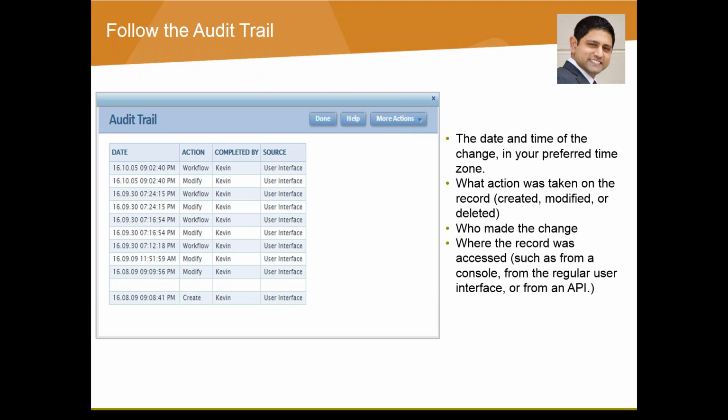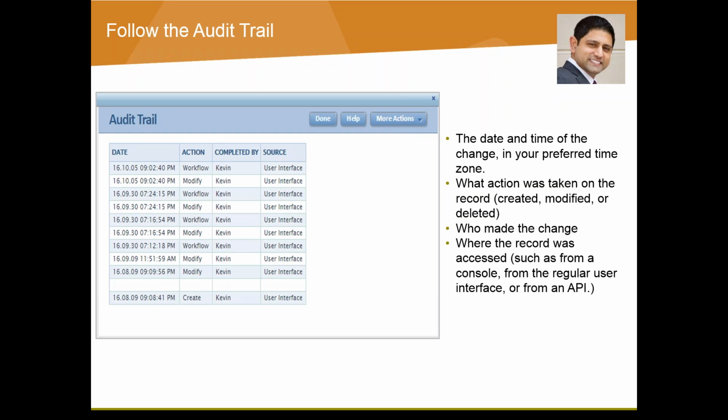As you can see, this is a sample snapshot that we took. It shows you a date stamp, what action was completed, was something modified, was it something involving the workflow, who actually completed it. Previously the audit log gives you the user ID, but it's nice that we can see the name of the person, and then the source of where that edit was made. Was it in the user interface, or was it some type of import or through an API? So that audit trail is a new feature available.